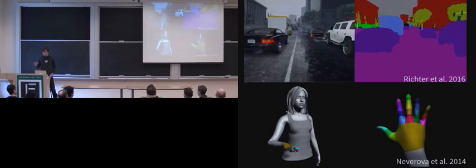What other people do is look to an alternative to labeling more data, which is synthesizing data from some sort of rendering engine. For example, it's been quite popular these days to work with video games. You see at the top, Grand Theft Auto, which has such a great graphics engine that it has a reasonable match with the real world. So you can do semantic segmentation here, labeling a street scene just by training a model on an essentially infinite amount of data coming from Grand Theft Auto. This is a paper from UBC, which generated a splash.